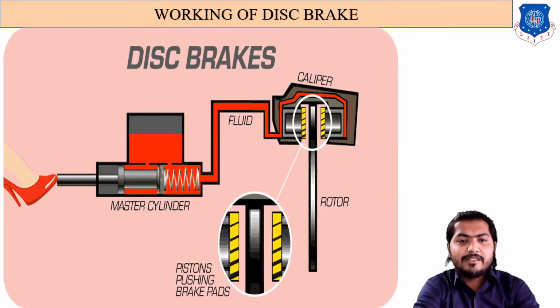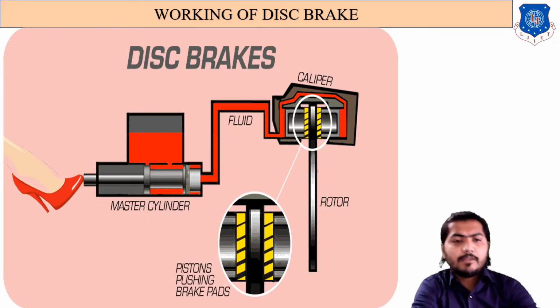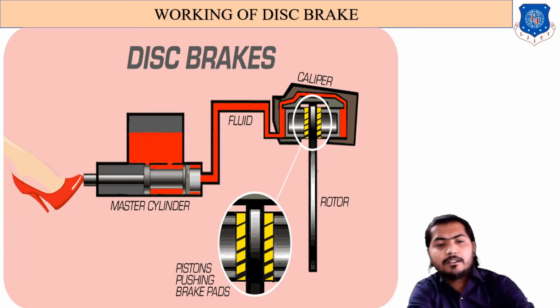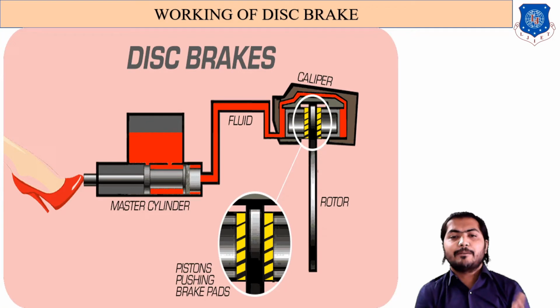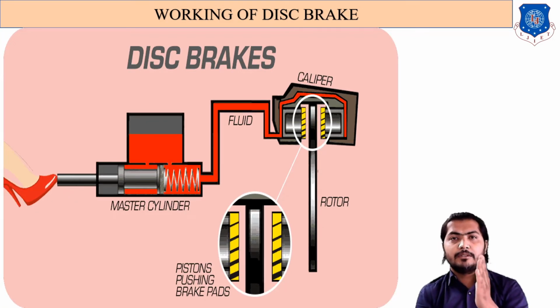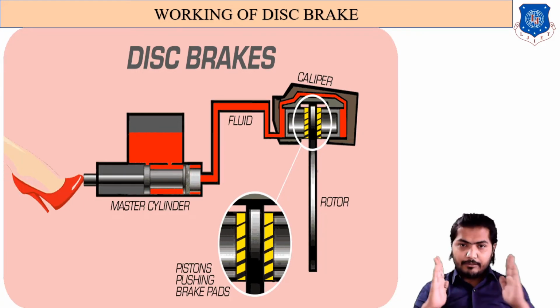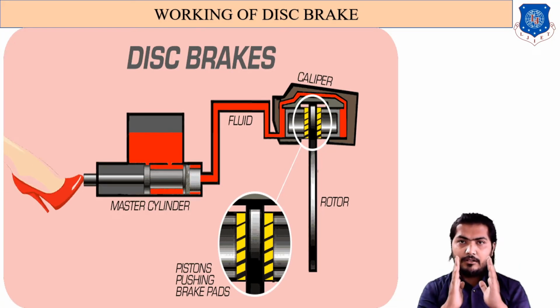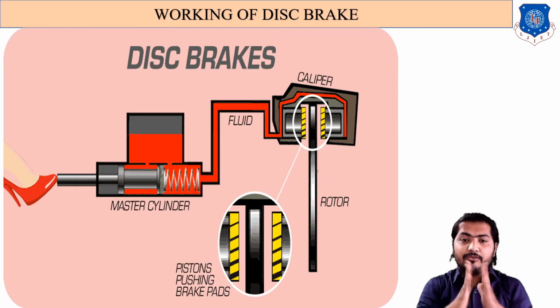Let us see this diagram of how the disc brake is applied. The driver applies force on the brake pedal through the master cylinder. Fluid pressure is applied through the hydraulic line. The red color is the fluid in the caliper. So both pistons move like this, and the friction pads come near and stop the rotor. The rotor is nothing but your disc. So friction is induced.